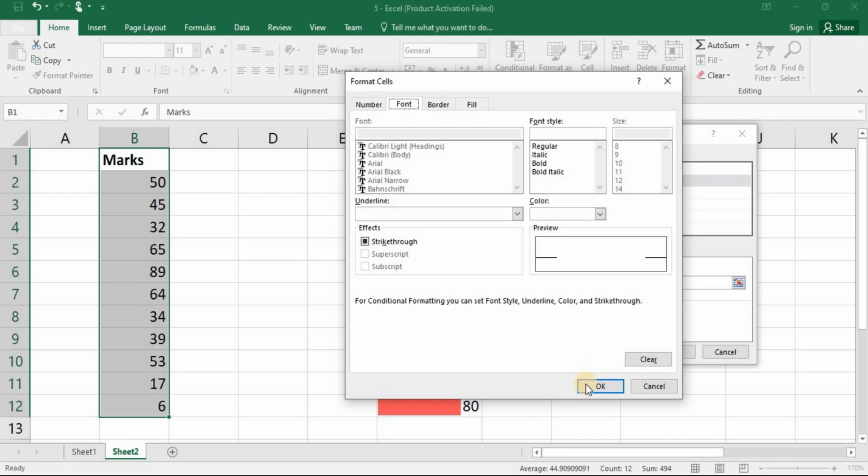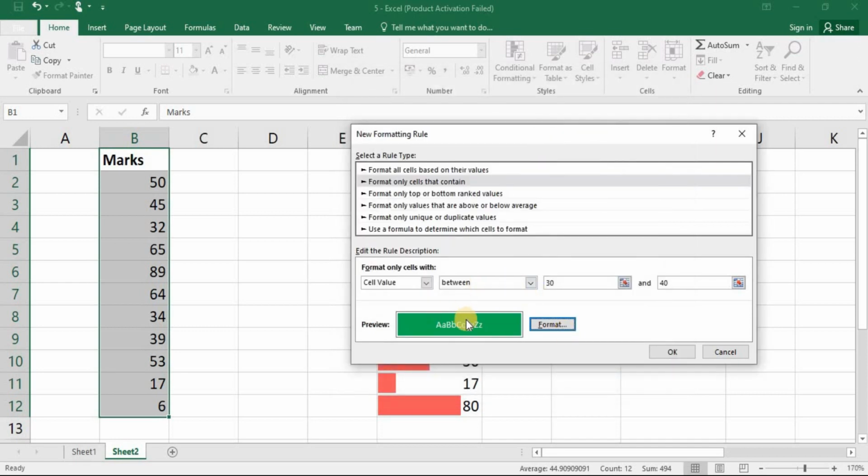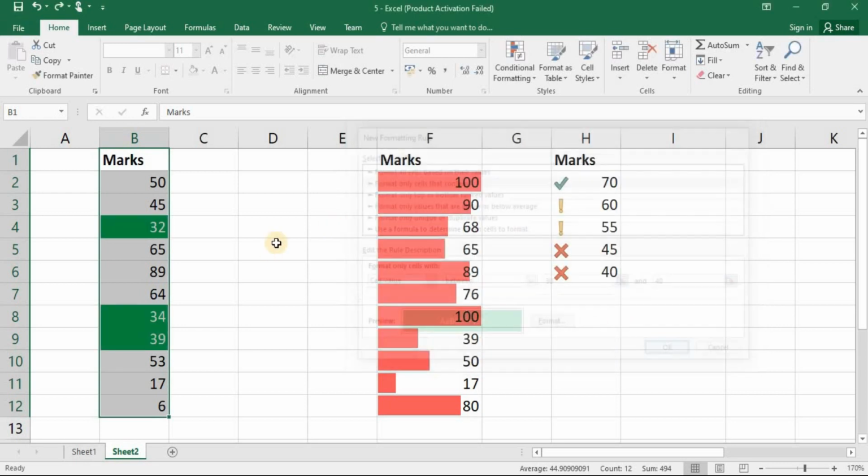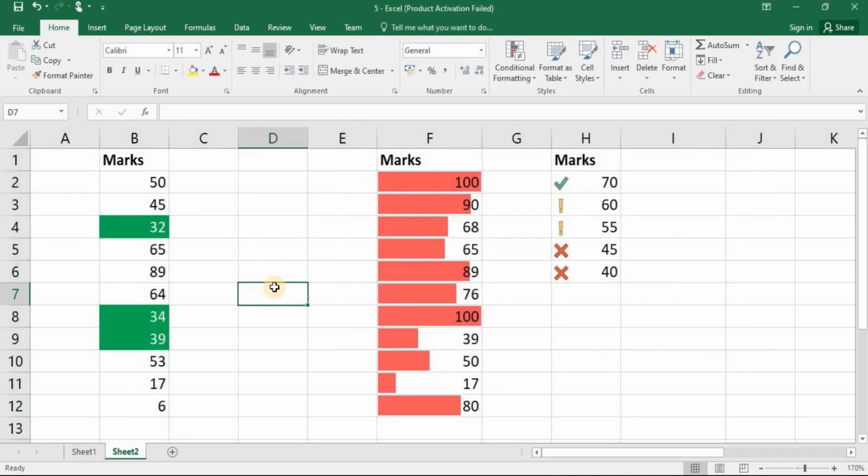Once everything is done, click on OK. You can see the cell format here. If the format is fine, then click OK. You can remove the conditional formats applied. You can remove for one cell or range of cells or for entire worksheet.